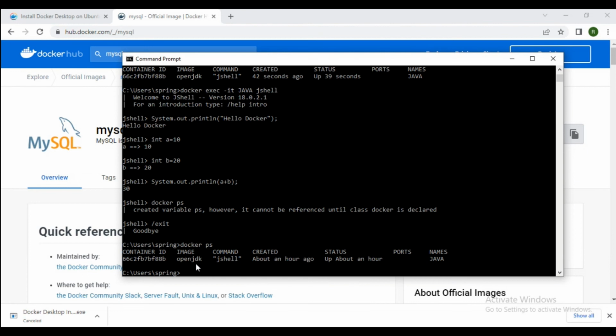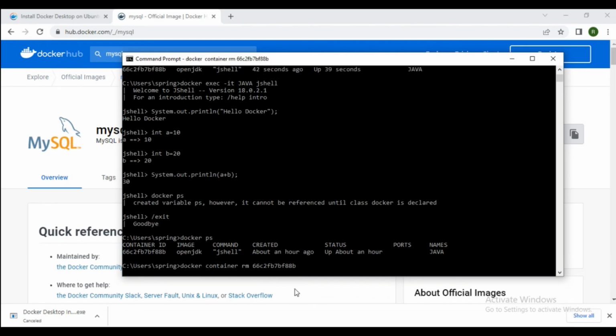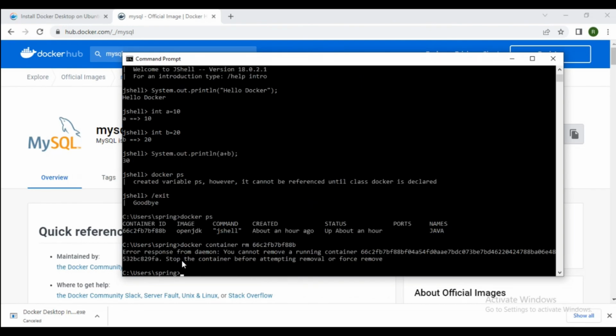We stop this container by using the command docker container rm, meaning remove. After that we require the container ID. So this is the container ID. Copy, paste, enter. It gives the message to first stop the container.